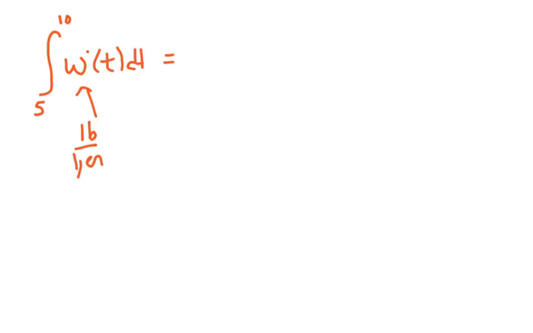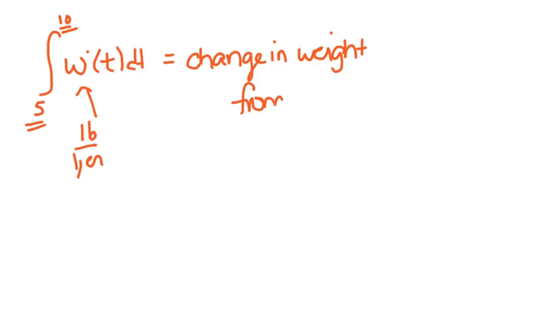If W prime of t is the rate of growth of a child in pounds per year, okay, what does the integral from 5 to 10 of W prime of t dt represent? Well, if we know this is pounds per year, I would assume that these two numbers are years. This would tell us the change in weight of the child, but let's be specific, from age 5